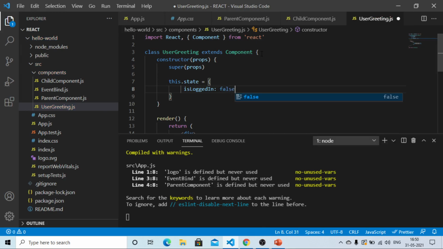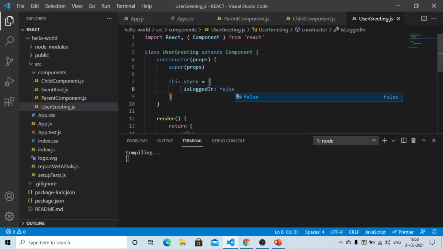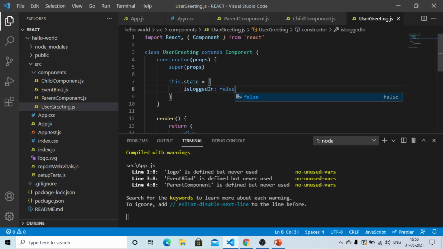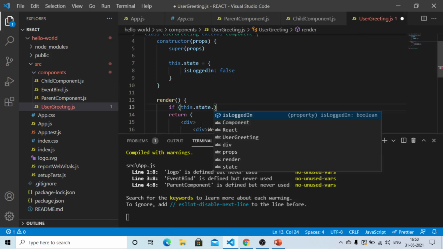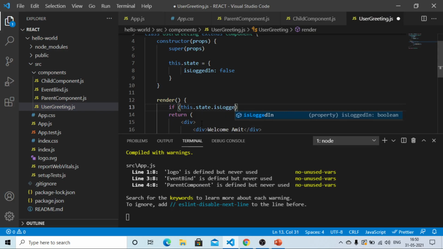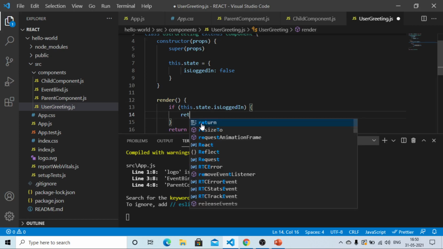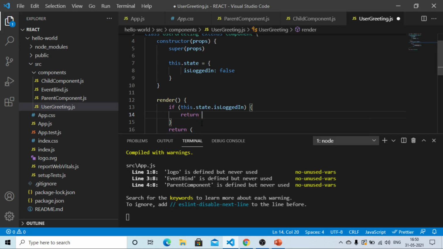So save this file, and now we'll be writing here if this.state.isLoggedIn. So if this condition is true, we want to display, so we want to return a div tag.